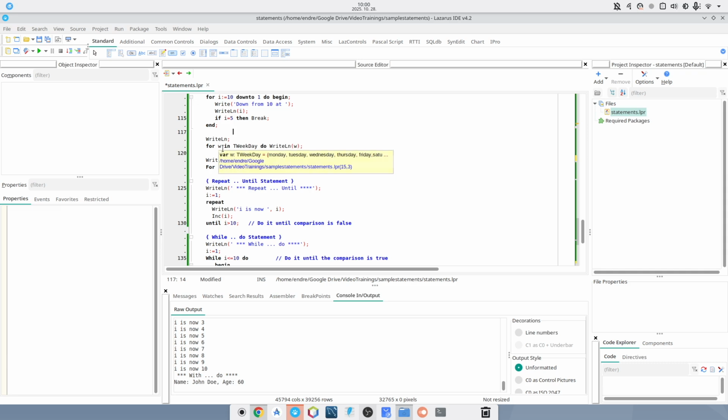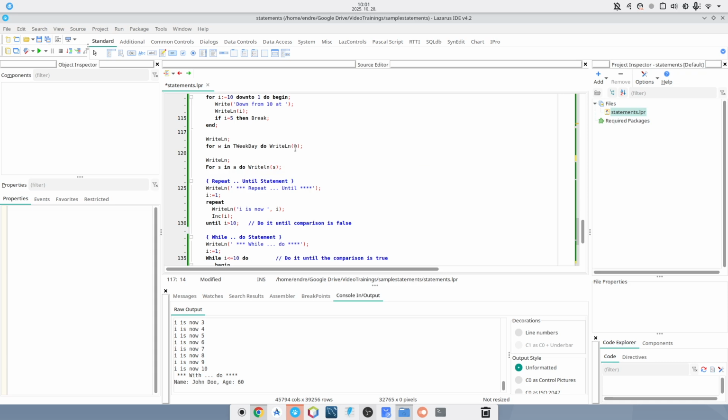You have a variable which should be the same type as the set itself, and then you iterate through these elements, and every time you get one element out from the set. As you can see here, after the in, the W is assigned with a day from the set, then it's written out